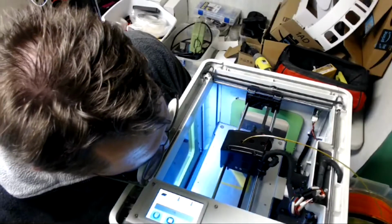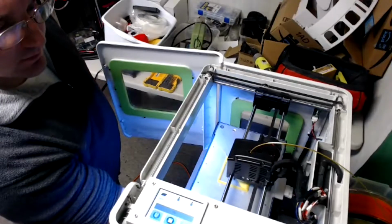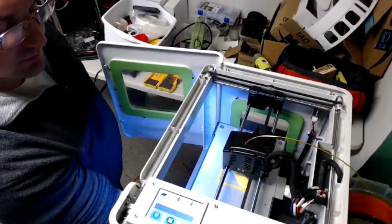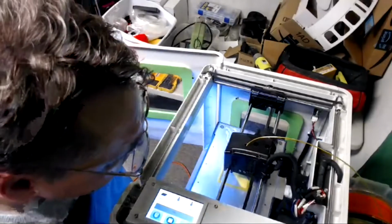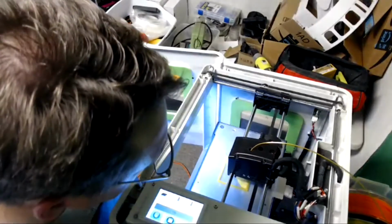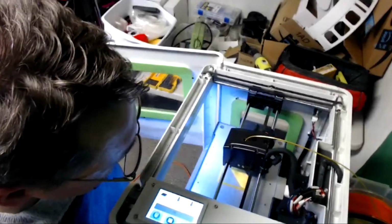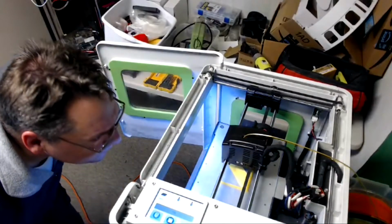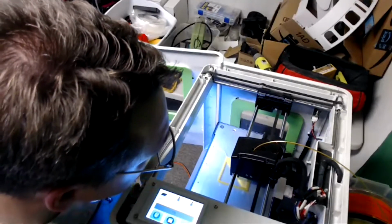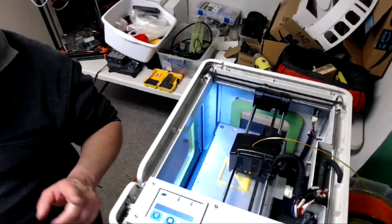All right, so I've got a little bit of a high spot going on there, so it's definitely running a little bit rich on that side, but not horribly. This is going to make the next layer a bit of a challenge, though. All right, we're going to keep this going. All right, so our next order of business,